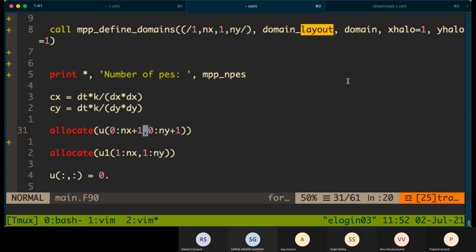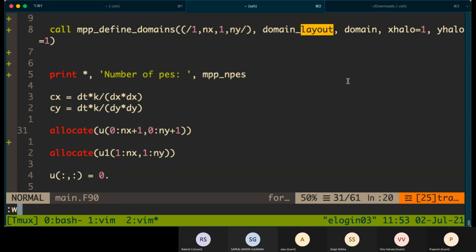In the 11th processor, it might be 1 to 100 in x direction, but 101 to 200 in y direction. So these lower bounds and upper bounds we need to get.